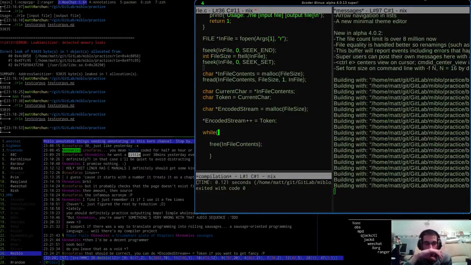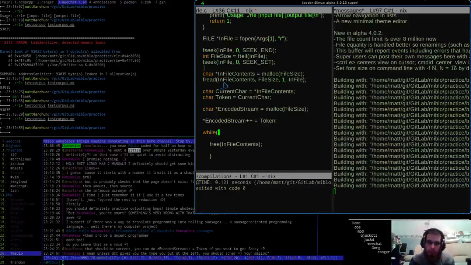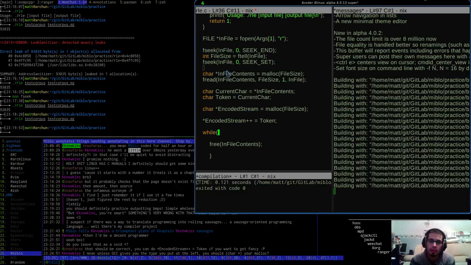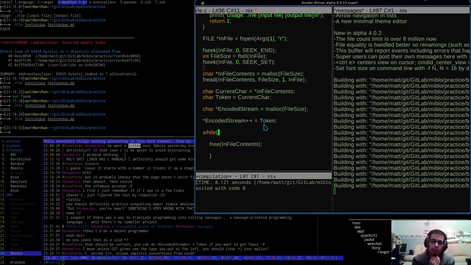So then I need to do like while the infile contents, or while the, just see if you type put it there. Oh, I see. Right, the malloc char thingy. Oh, you mean cast that to a char? Ah, interesting. Okay, so I guess I'm okay.